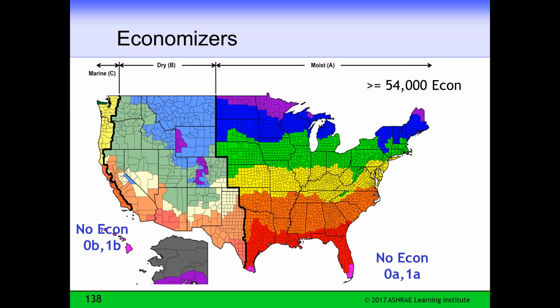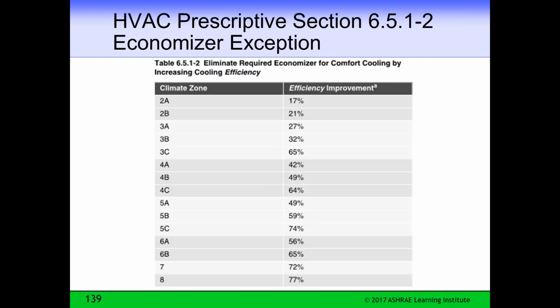2016 is the first time that there has been any in Texas, and there's more in Florida. We'll go into that. I think Joe's going to go into that when he does the envelope. But we've added climate zone 0, and we've upgraded the weather, because the weather's changed. So we'll go into that. Like I say, I'll let Joe have all the thunder on that one. But basically that's where economizers are required.